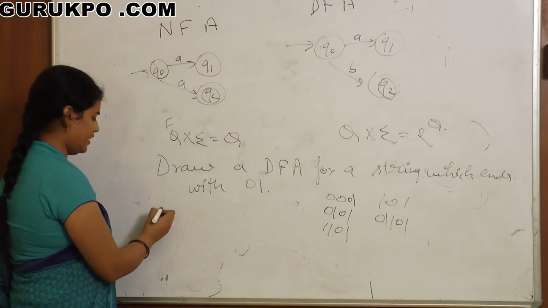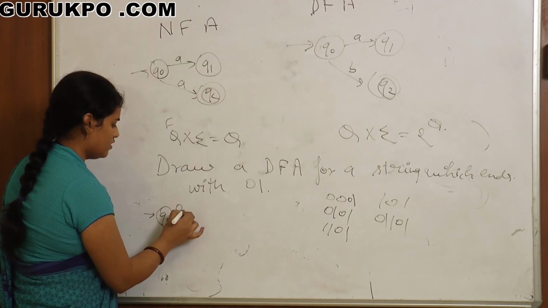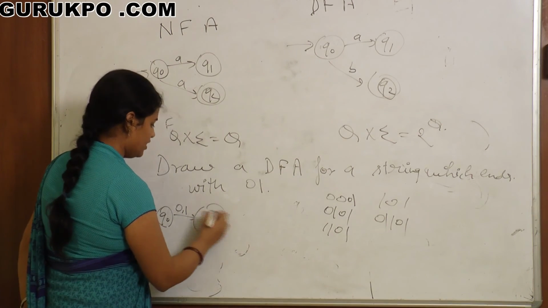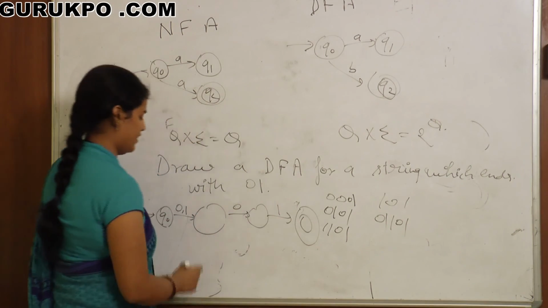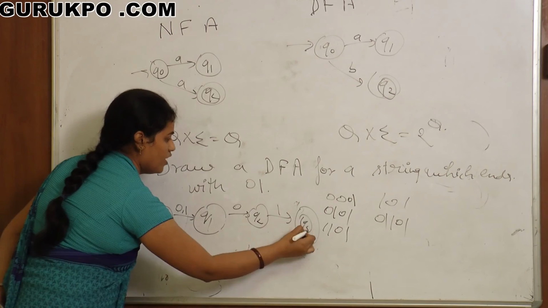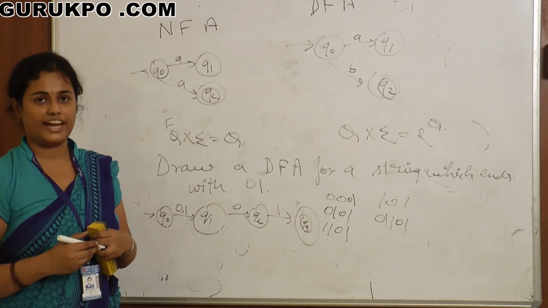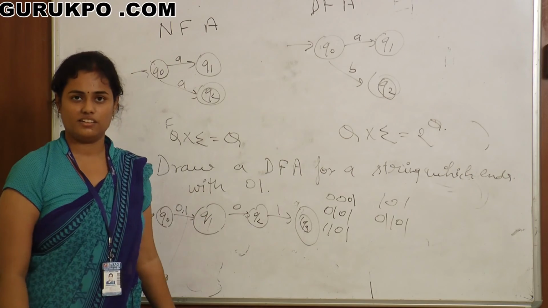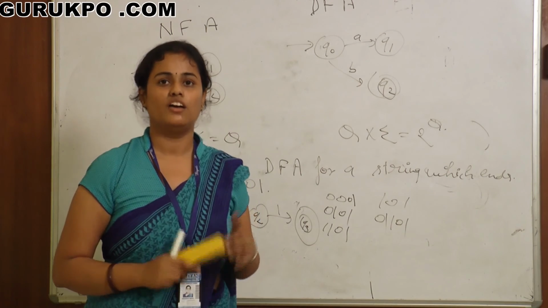First of all, we need a state Q0. In the starting there can be 0 or 1; everything can come. After that there should be a 0 and then a 1, only then should it reach a final state. Now, for this diagram, you can run any string which contains 0 and 1 at the end. If it does not end with 0 1, then it will not reach the final state. In this way we can draw a DFA, a deterministic finite automaton, for any such string.